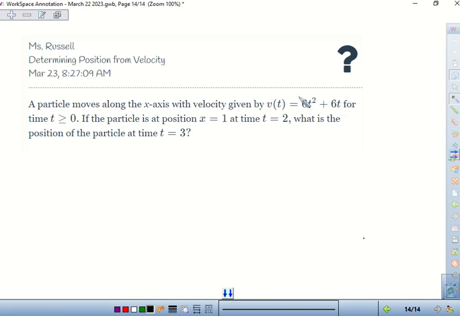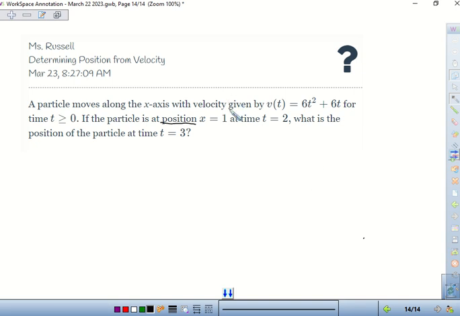So they're giving you the velocity function. They're asking you to find basically the position function. So do you remember about position function, velocity, and acceleration? Yes. That whole chapter we did? So position function, we know that velocity is the derivative of the position function, correct? Yes. So if we're trying to find the position function, we're going to have to take the antiderivative of the